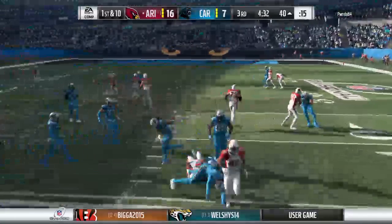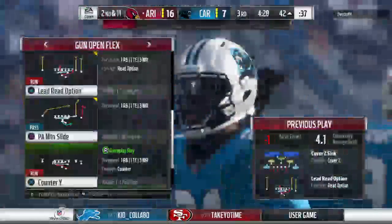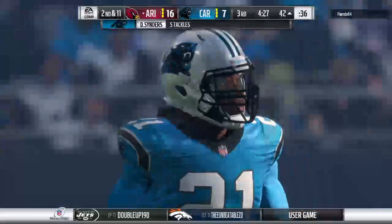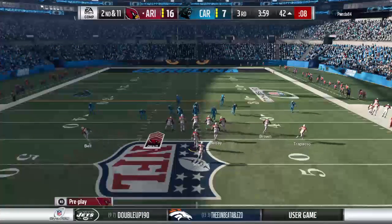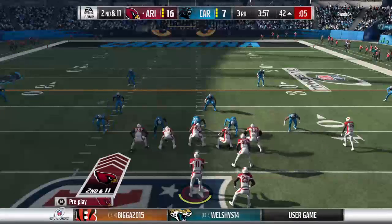Prescott now, option right. And this one's going to go the wrong way. Losing yardage back at the 42. It's a loss of a yard there, and now second down. I don't think there's any doubt that if it's me, I'd be really cautious about continuing to call this play